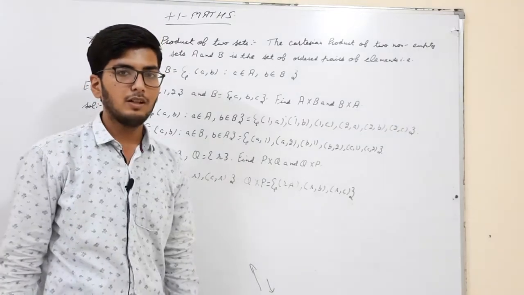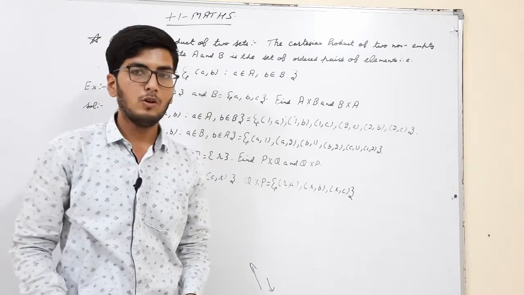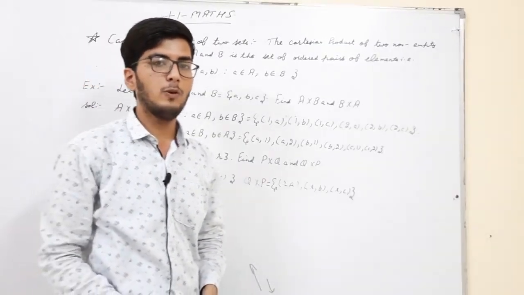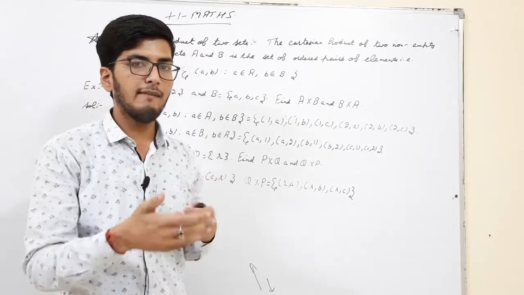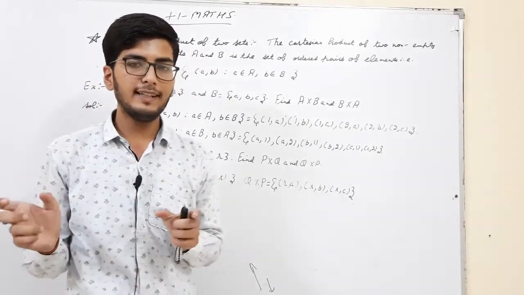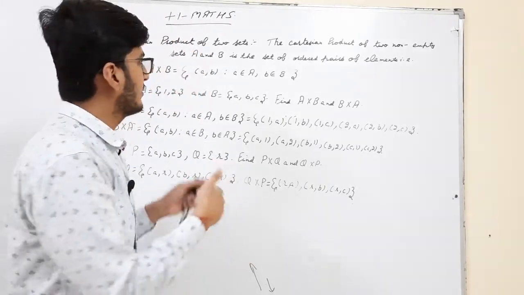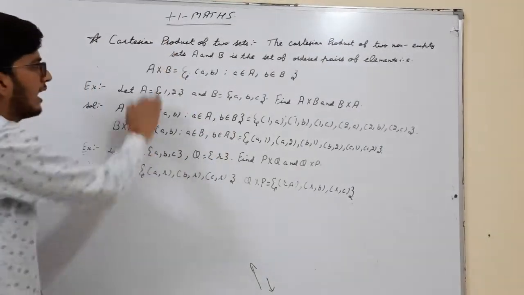Good morning class. Today we are going to discuss further our second chapter of +1 maths, that is relation and function. So first of all, as the name depicts, relation and function. Now what we have to do is find the relation between any two sets. To get the definition of relation, we must first know about the Cartesian product